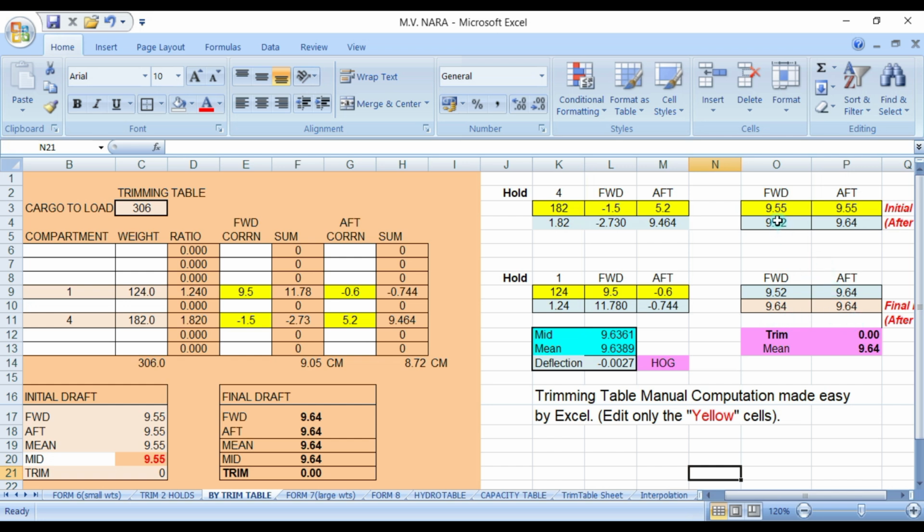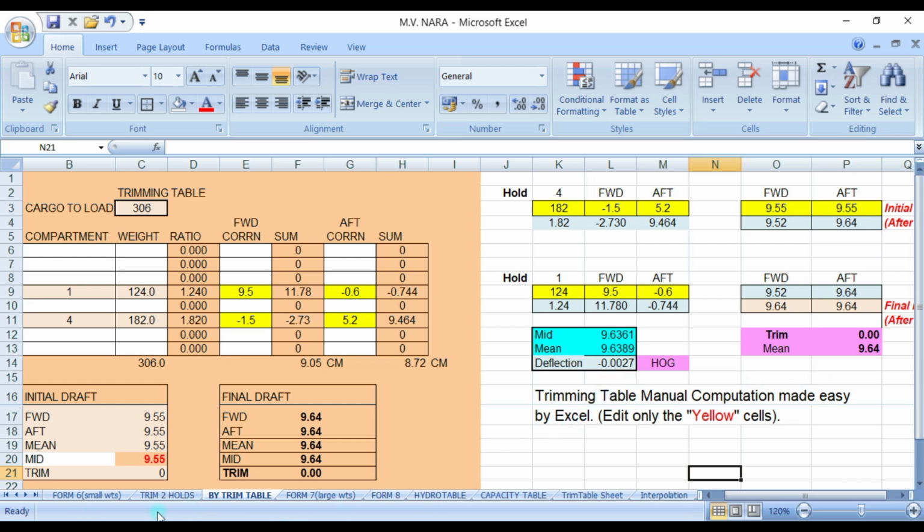But here, as I said, once you load the cargo of 124 metric tons, you will know your forward and aft draft. Here, it doesn't show that. After you load in hold number 1, then you will have the final draft here. See?